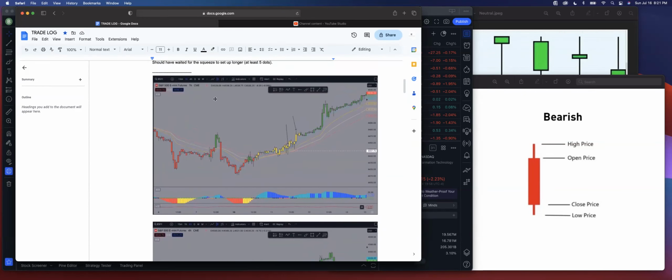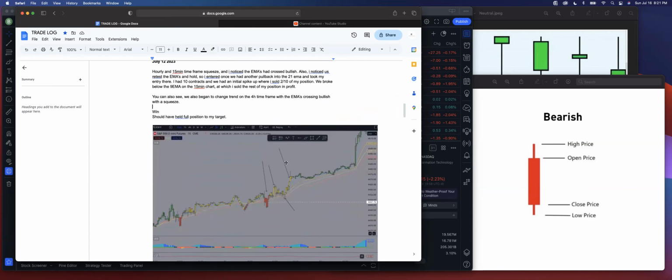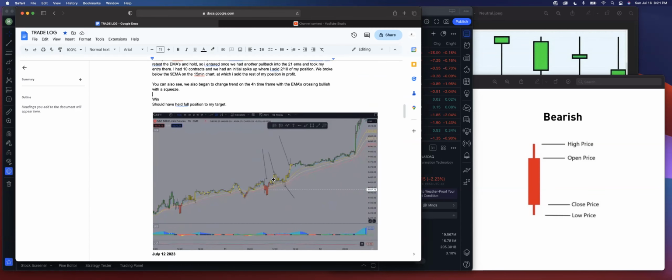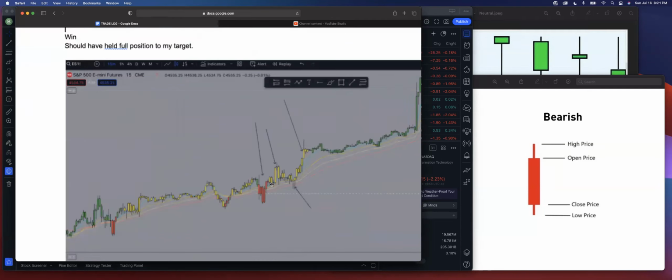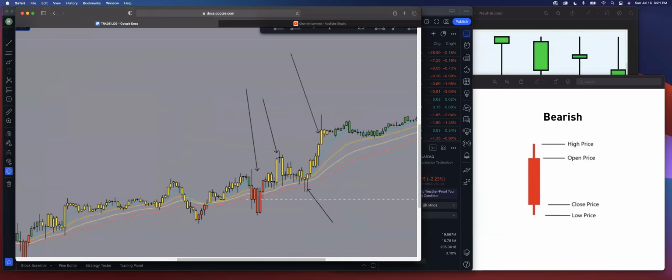Make sure this is the hourly. Maybe I have the 15-minute down here. Yeah, okay. So this is the 15-minute chart here. And so I took my entries initially right around here. I'll zoom in a little bit. So I took my initial entries right around here. And then once we had this spike up, I sold 20% or 2 out of my 10 contracts, and